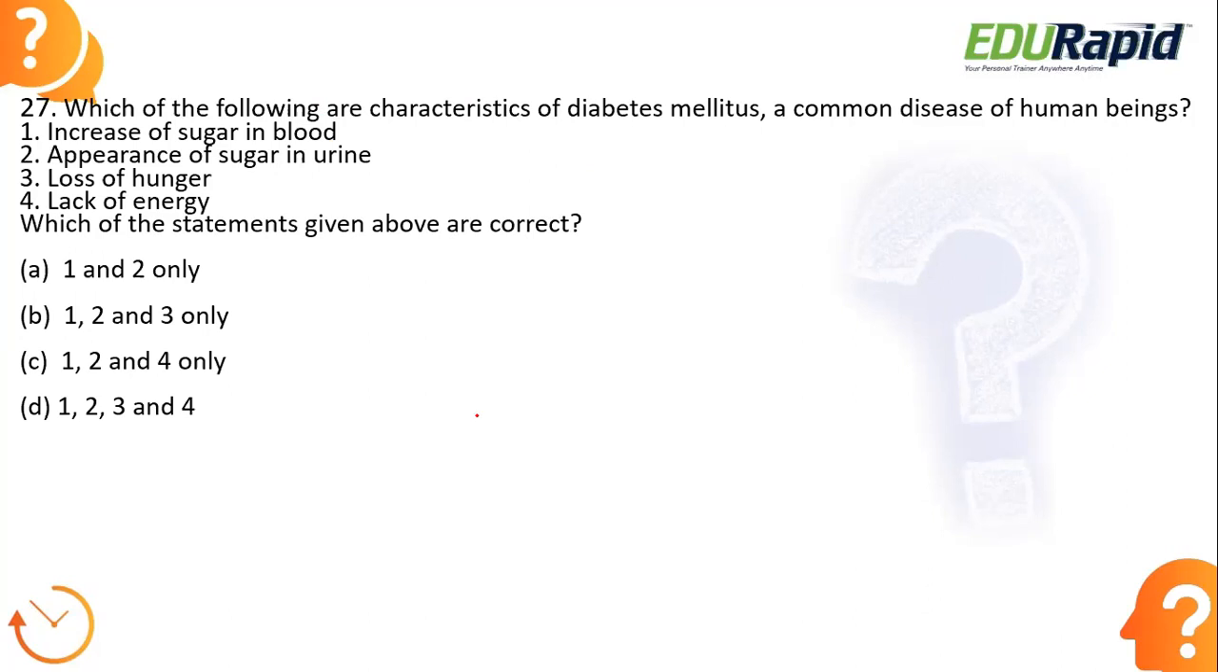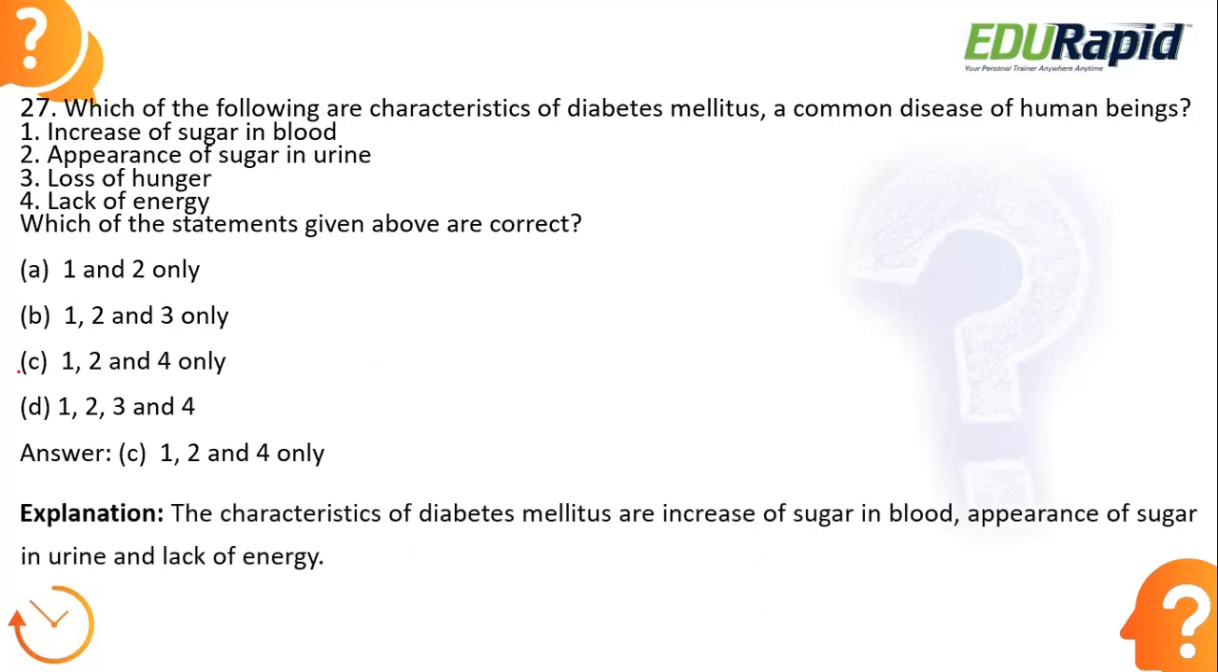Okay, now let us look at the right answer here. The right answer is option C, 1, 2 and 4. Okay, the first, second as well as the fourth statements are correct, but not the third statement. When a person starts suffering from diabetes mellitus, some of the different characteristics observed in such people are